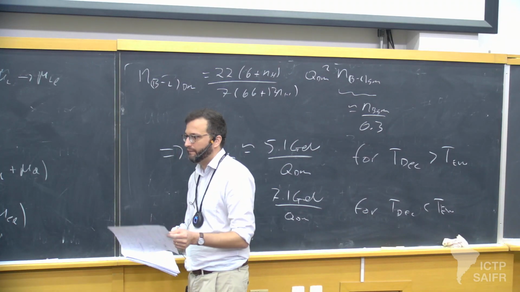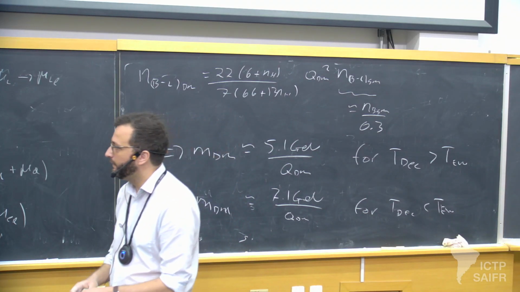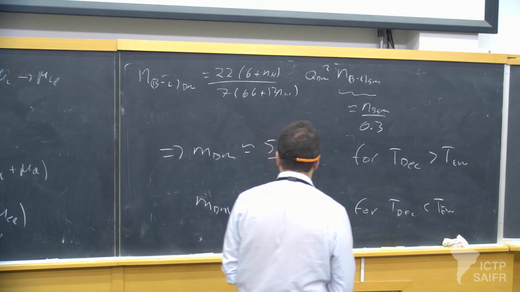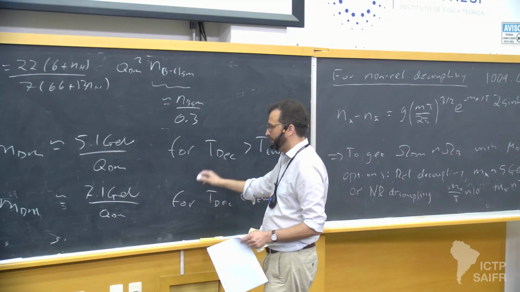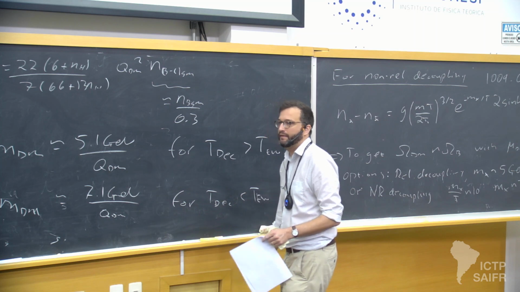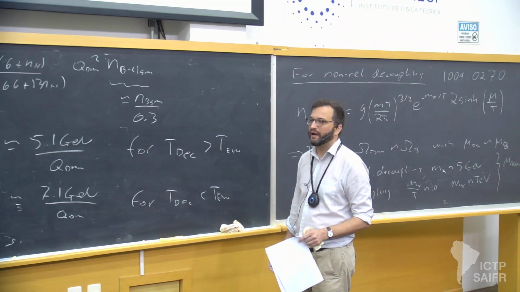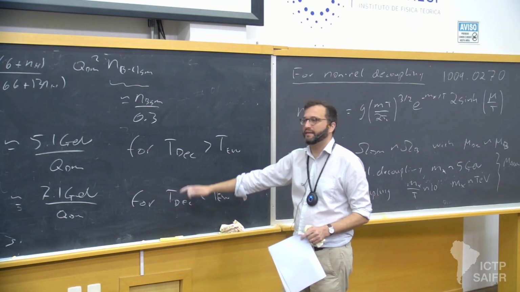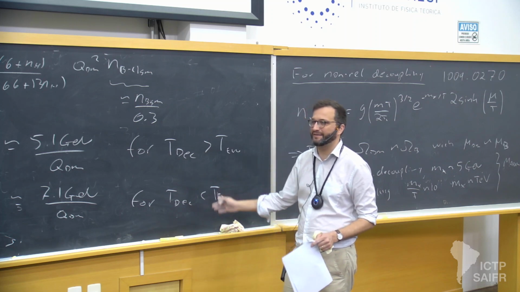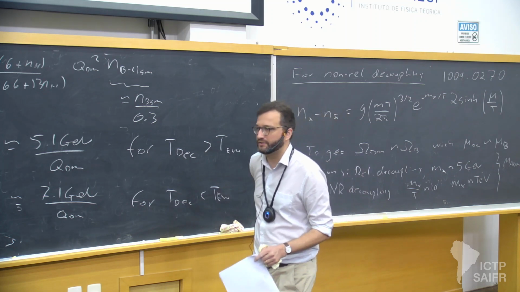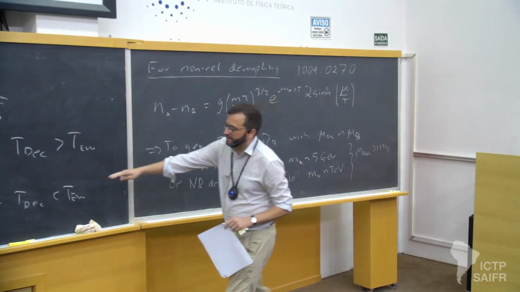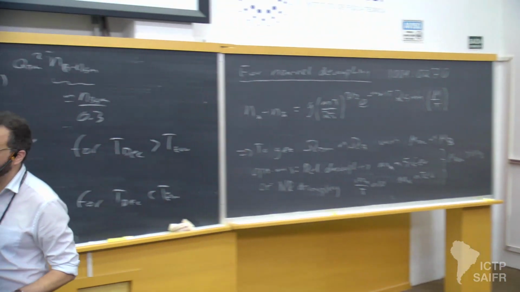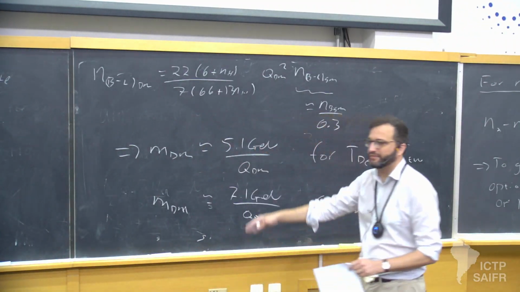Just a comment. Just to be clear, I think these two results are different. I think one is because you use B minus L, the other uses B, right? The B conservation. I think it's probably not clear here, and then the electroweak sphalerons aren't active, and that's exactly right. Sorry, that's a good comment. It's dealt with in that paper, so if you're interested in this case, of course you can follow through.